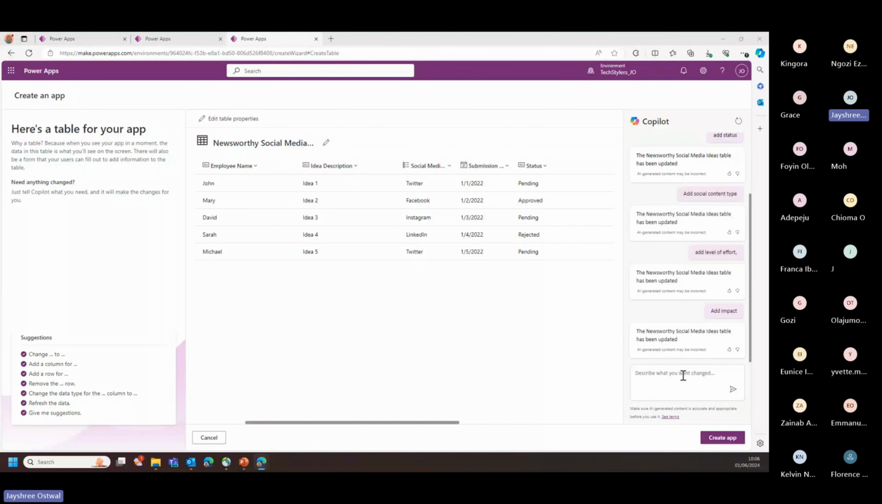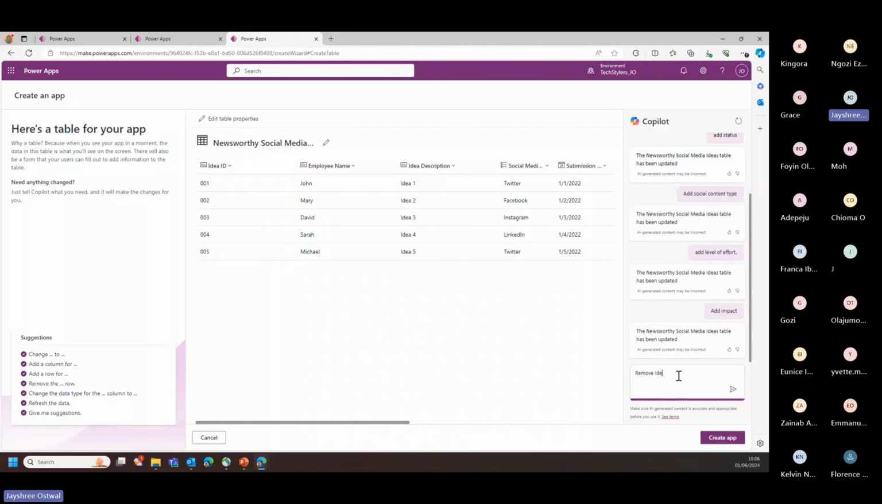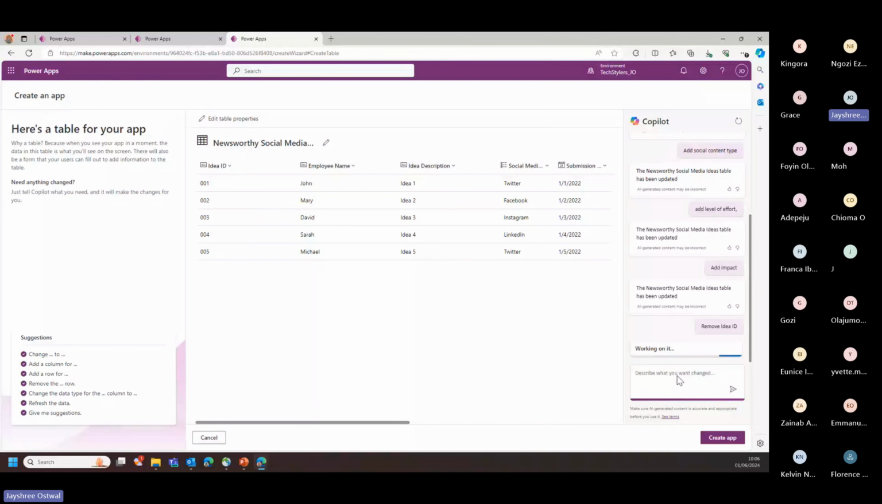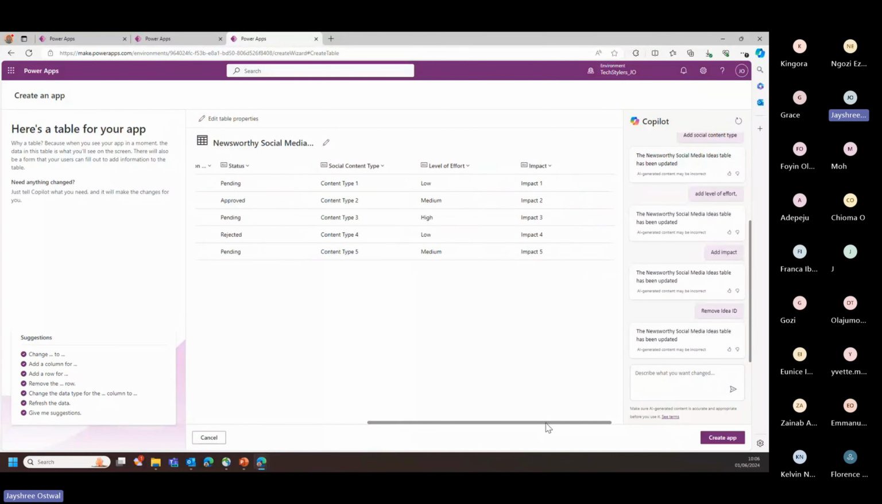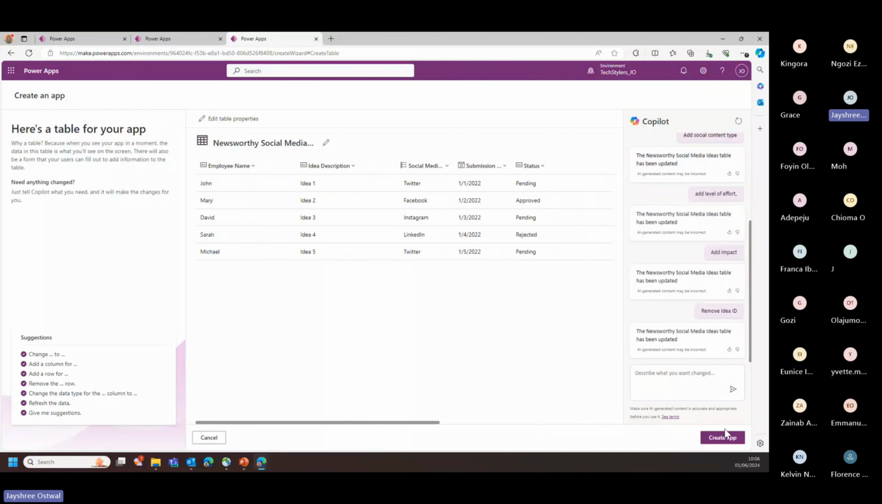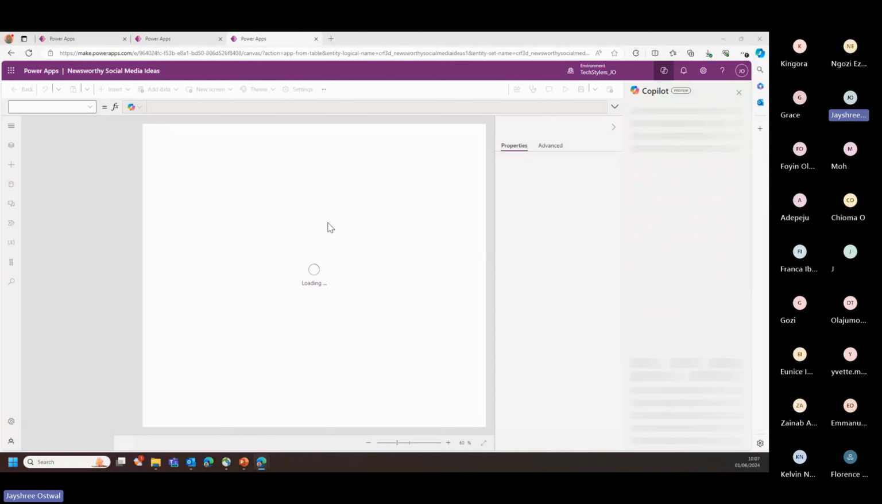Now let's see how we can remove any of the columns. So if at some point I want to delete this idea ID column, is this possible? Yes, that's possible. So we have already created the table. Now we will create an app. So step by step, we will be creating the app. And for that, the first step would be